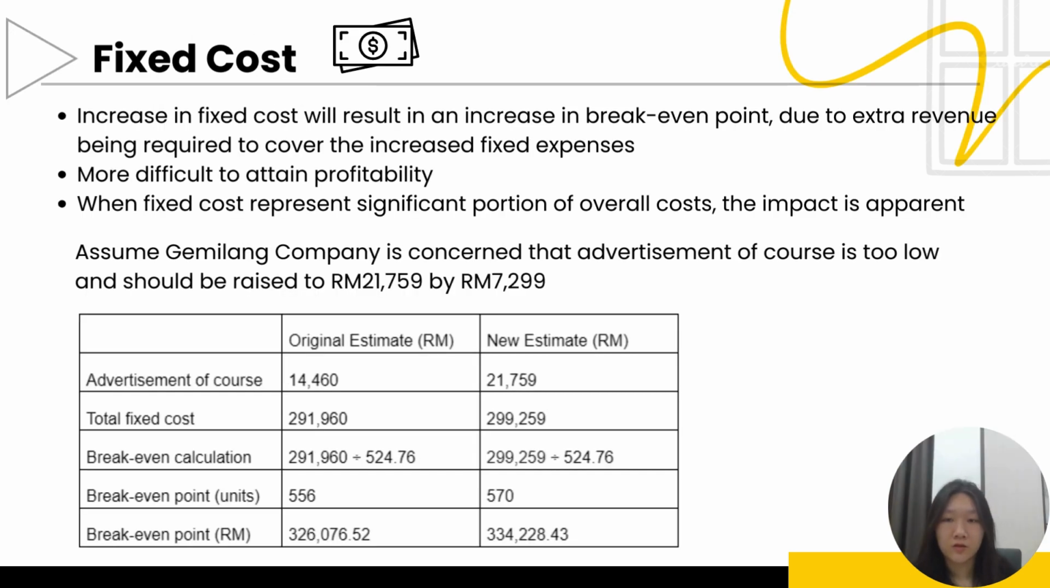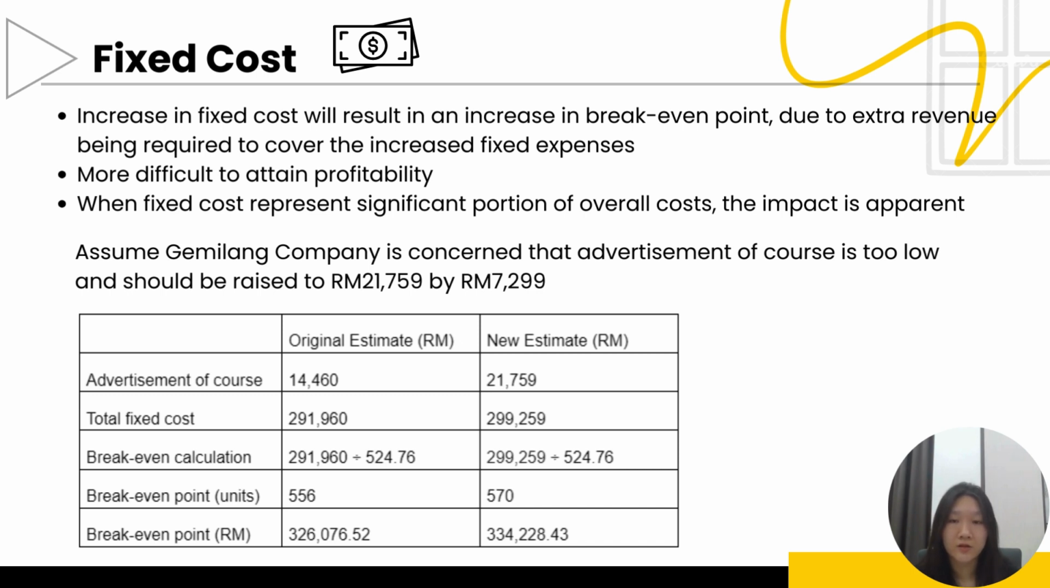Next, fixed costs. Assume Gimilang company is concerned that the 14,460 ringgit estimated cost for advertisement of courses is too low and should be raised to 21,759 ringgit by 7,299 ringgit. The fixed cost estimate has experienced a 2.5% increase, as 7,299 ringgit represents 2.5% of the overall fixed cost. Notice that there was an additional 2.5% increase in the break-even point, which is around 14 tickets, representing 2.5% of